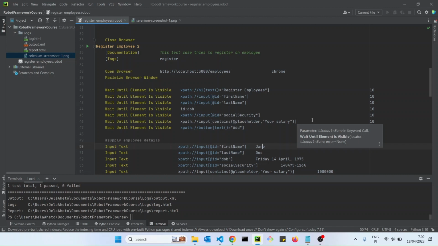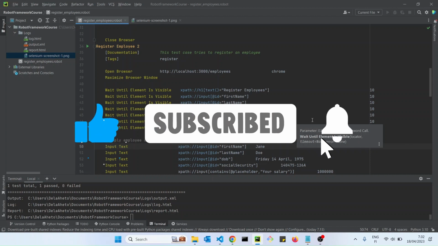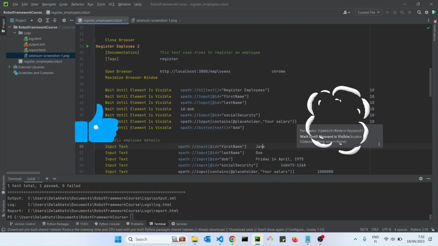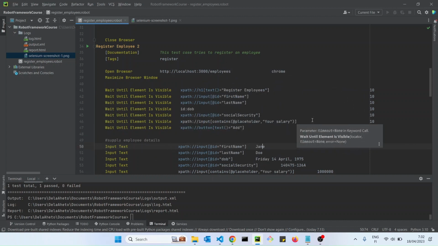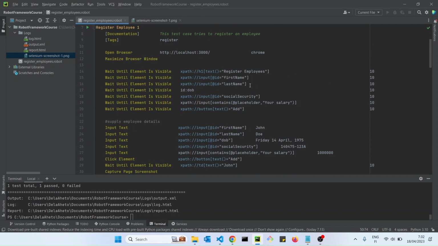So that is where the variables and the keywords come in. So in the next video, we are going to spend time refactoring this code. So we write the code once and use it anytime we need to register an employee, or let's say delete